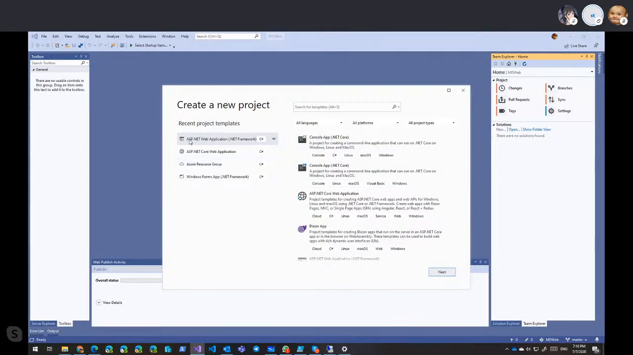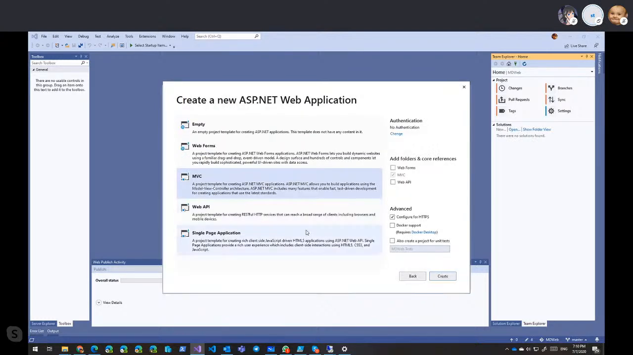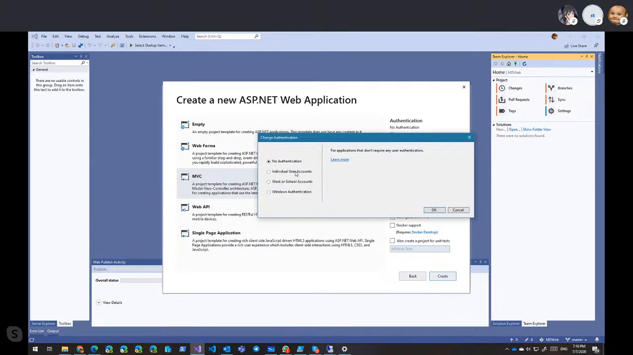So I'm going to start using ASP.NET Web Application. And if I just call this MD Web, using ASP.NET 4.7.2, click on Create. And for this, I'm going to use the MVC framework. And to demonstrate database connections, I'm going to change the authentication to individual user accounts. Because if I do this, then there will be an associated database that will be created as part of this website. And so I can show you when we do this